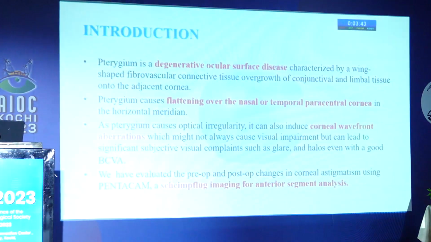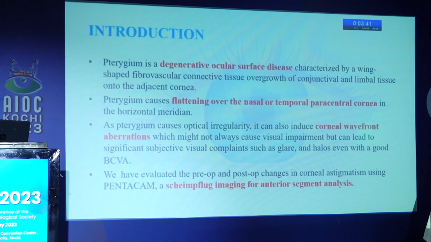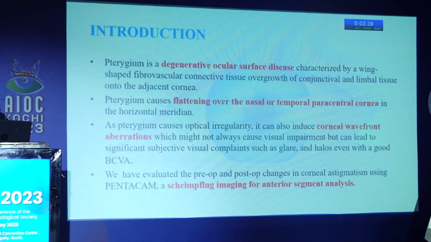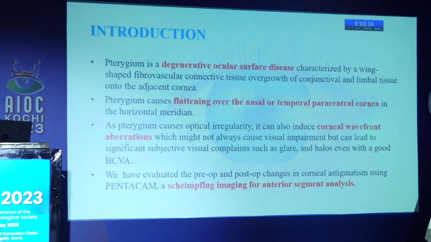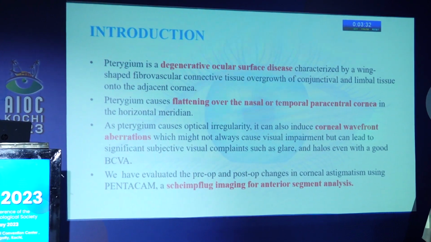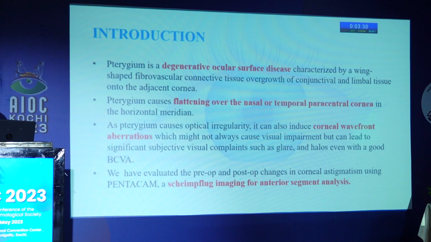Pterygium causes flattening over the nasal and temporal paracentral area in the horizontal meridian. As pterygium causes optical irregularity, it can also induce corneal wavefront aberrations, which might not always cause visual impairment but can lead to significant subjective visual complaints such as glare and halos, even in patients with good best corrected visual